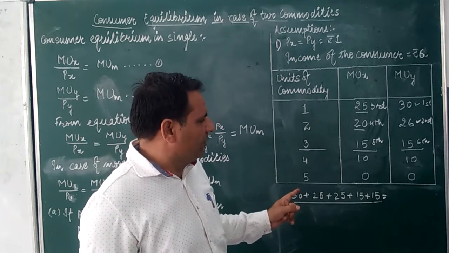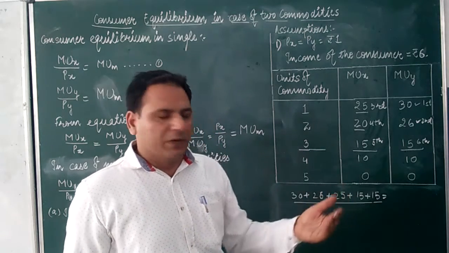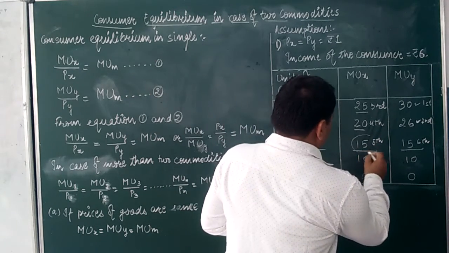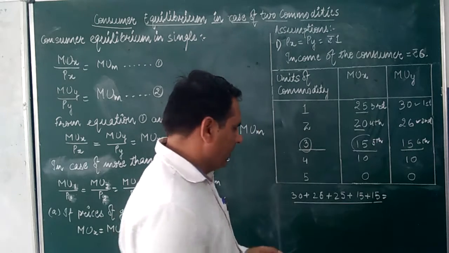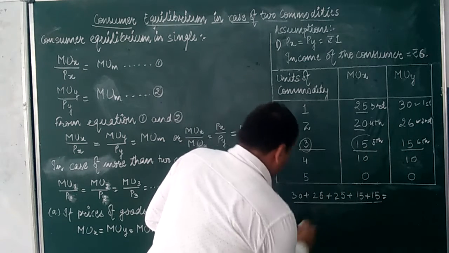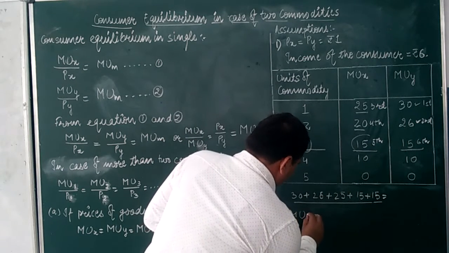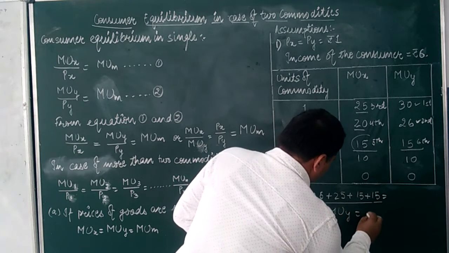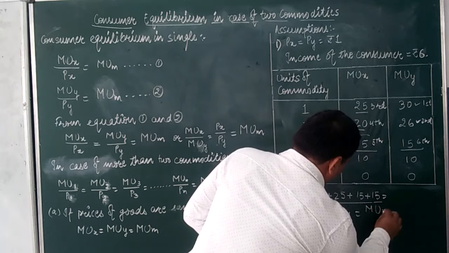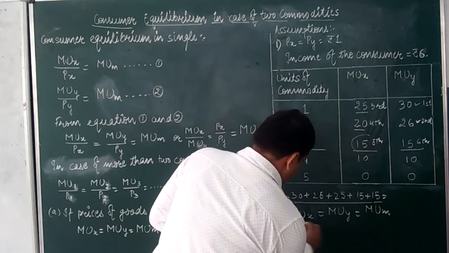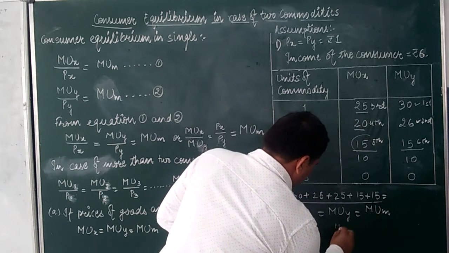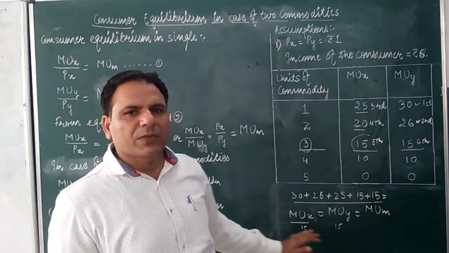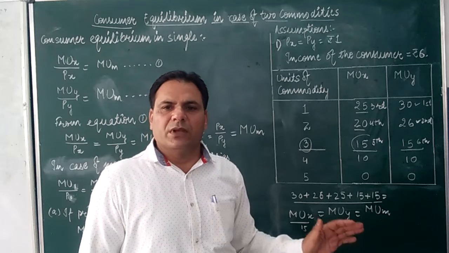So the consumer will be in equilibrium when he buys 3 units of X and 3 units of Y, because here too his marginal utility of X and marginal utility of Y is equal to marginal utility of money, and this is 15 and this is also 15. This is how the consumer is in equilibrium in case of